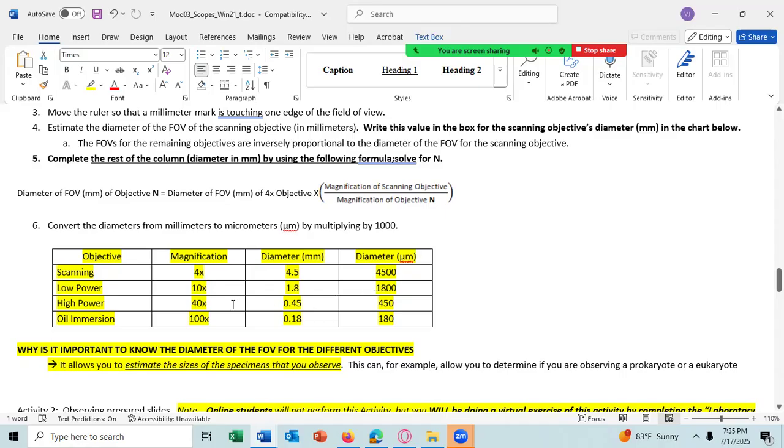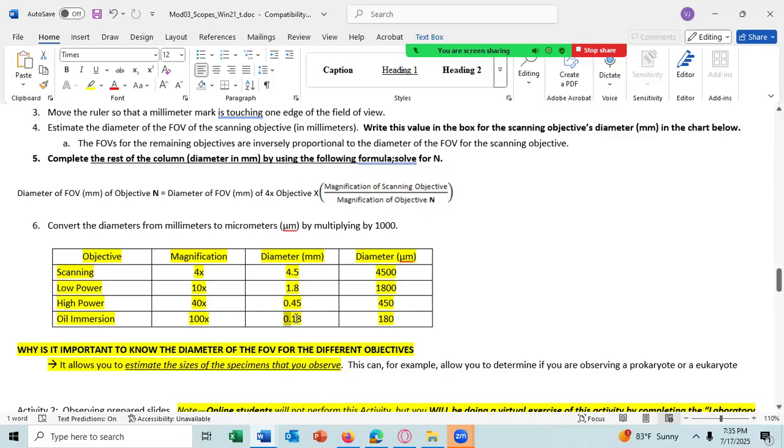For the 40x lens, the diameter of the field of view is 0.45 millimeters or 450 micrometers. For the field of view of the 100x lens, the diameter of the field of view is 0.18 millimeters.